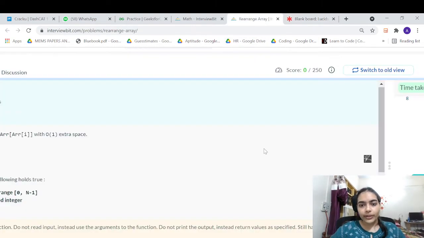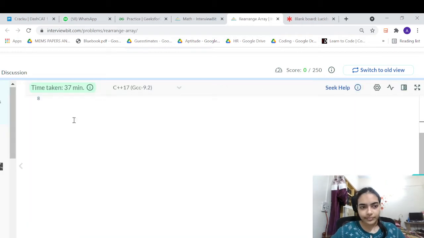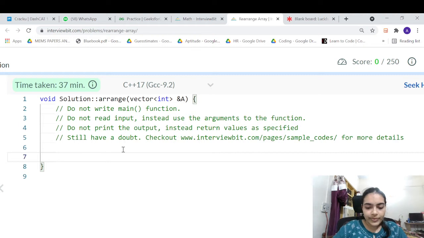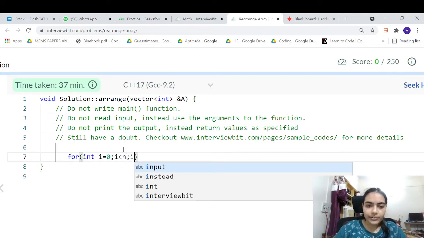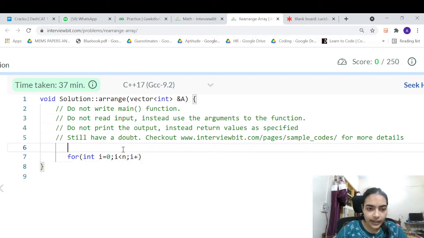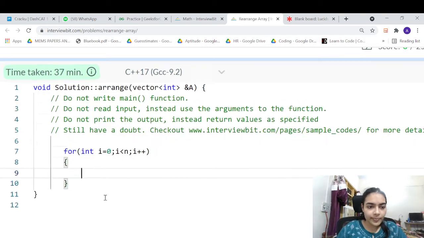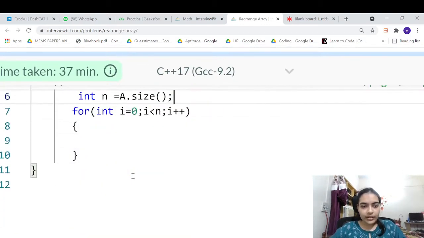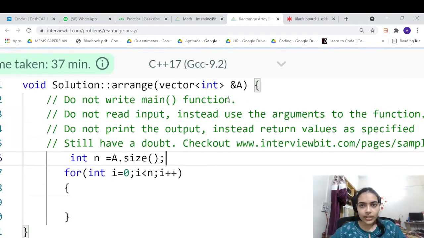Now let's move forward to coding it. So we have to iterate over the entire array for int i equal to 0, i less than n, i plus plus. First I should take the size, so n is equal to a dot size. Now let's see what the array is.